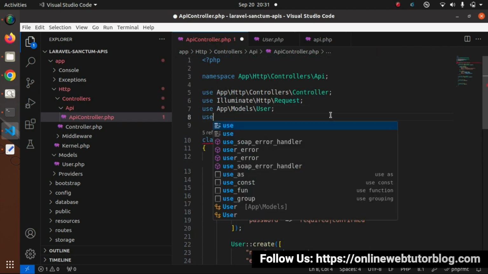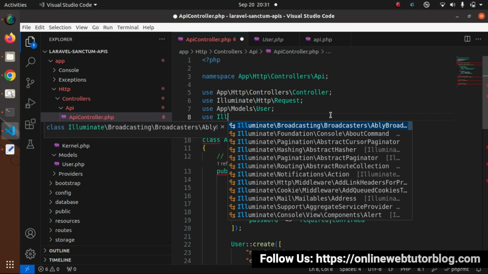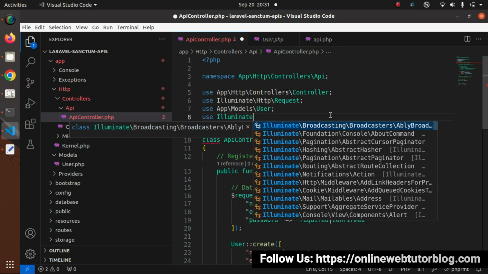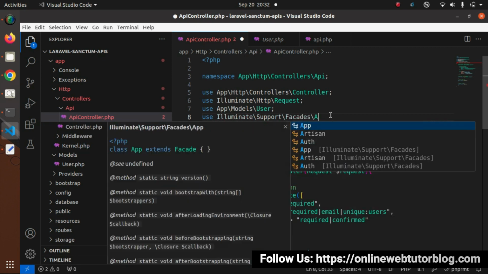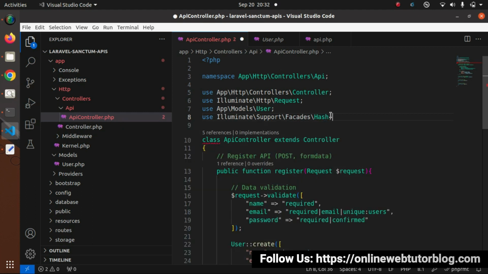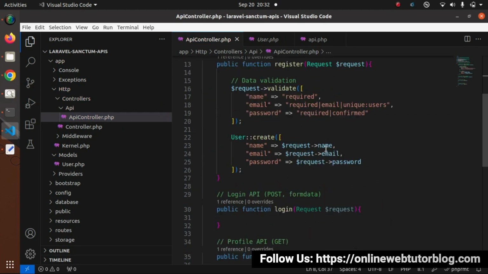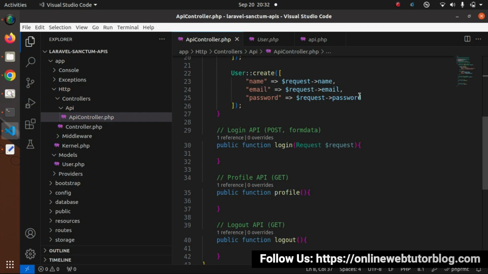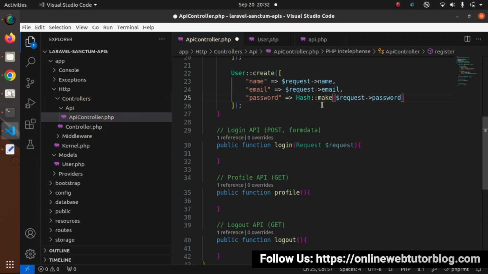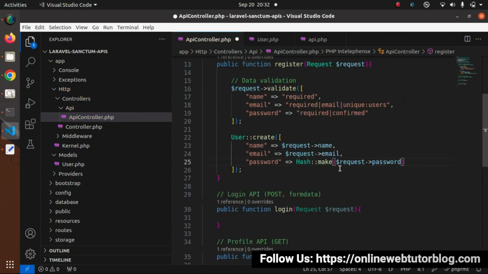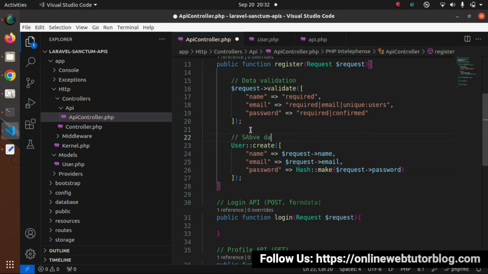Before using it, we need to import it first: Illuminate Support Facades Hash. After importing, I will call the make method. By using the make method, we can easily convert a plain text value into a hashed value. So after saving data,